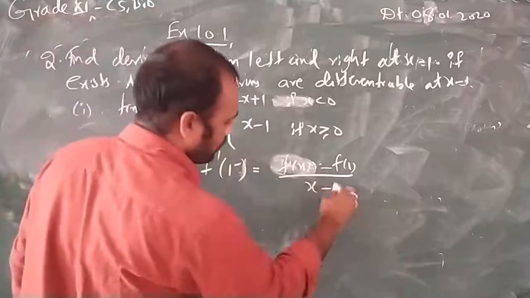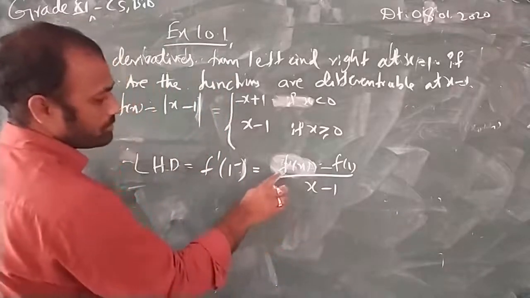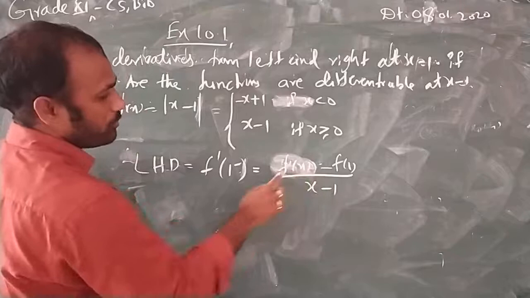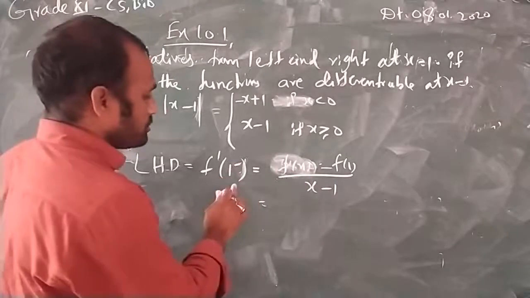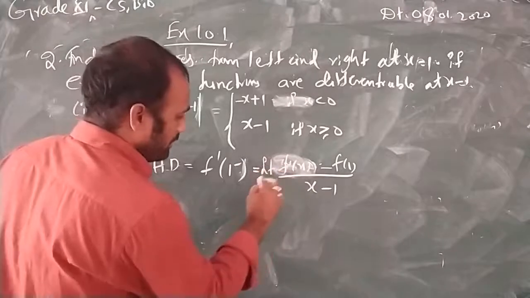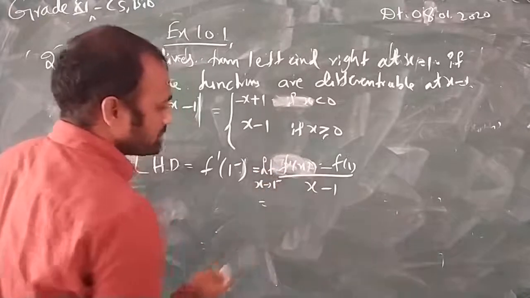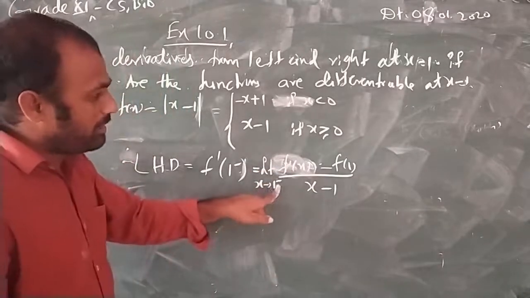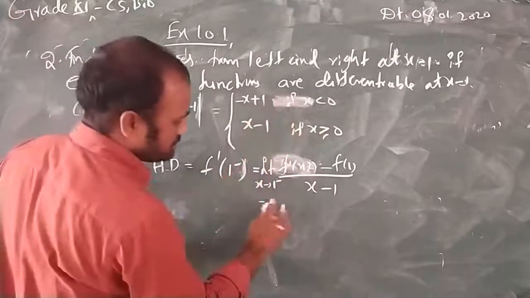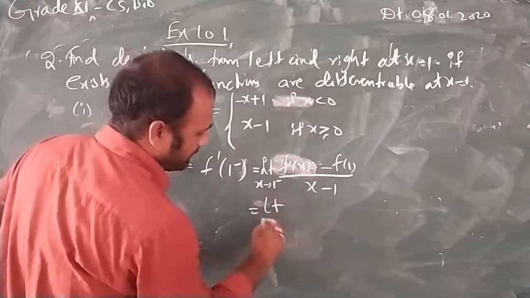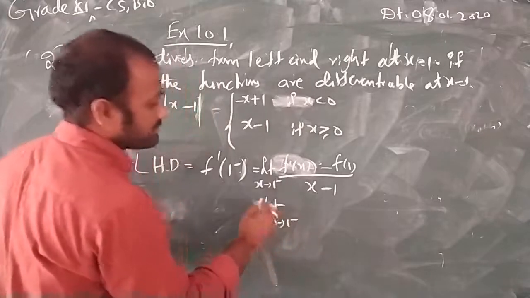That equals f of x, what we have to use here is 1 minus, which means less than 1. So let me apply the limit x tends to 1 minus. So I need to use the function which is less than 1. Less than 1 means I will use this. So it will become limit x tends to 1 minus